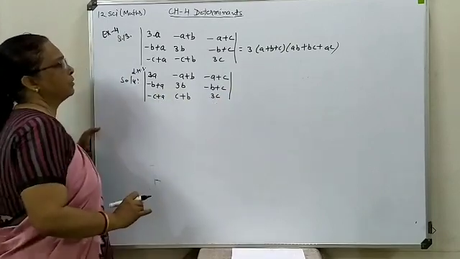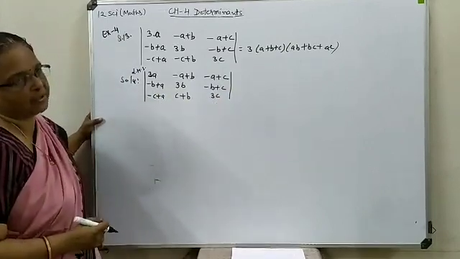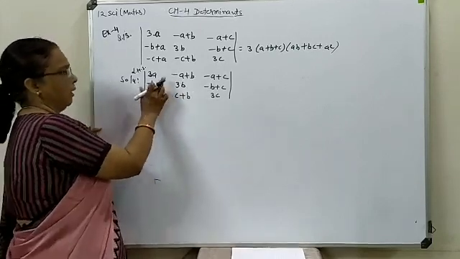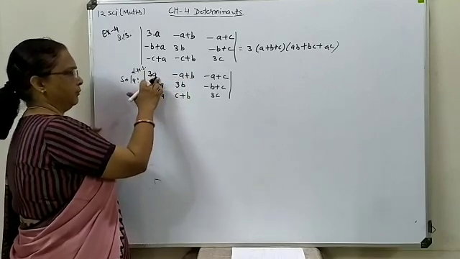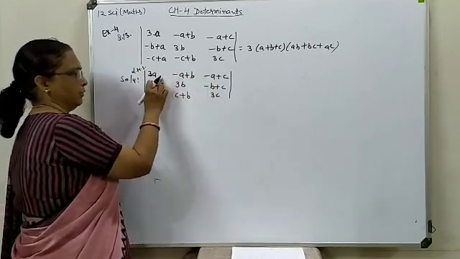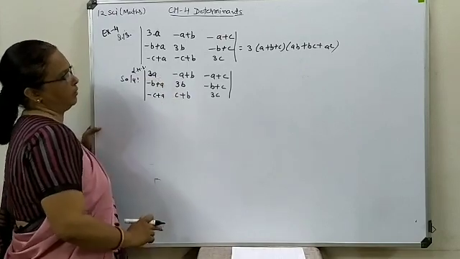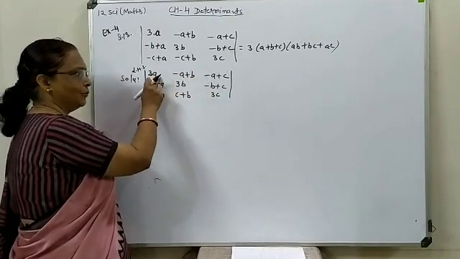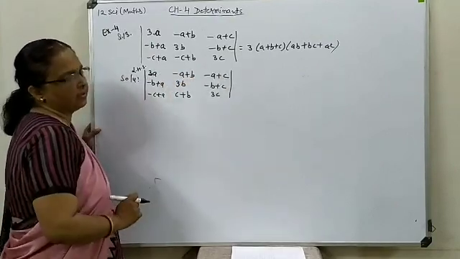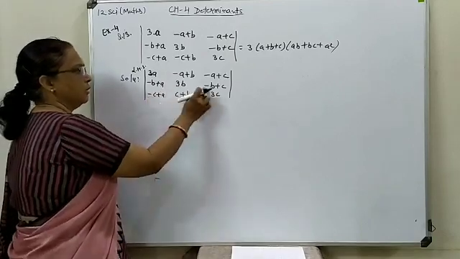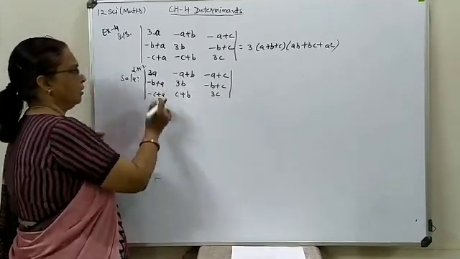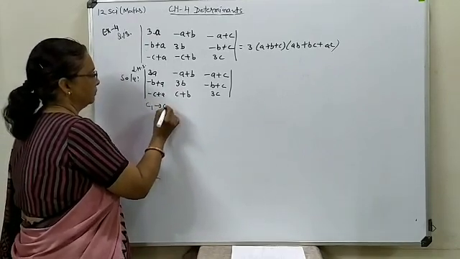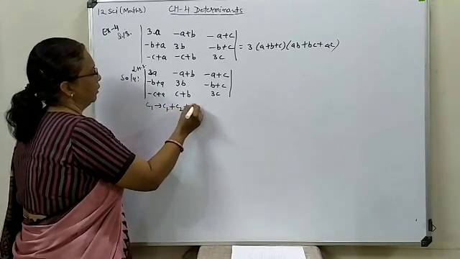Here also we will try to generate any of the factors if possible directly. So here if you look at column wise or even row wise, if the second column you add to the first one and the third column also you add to the first one, you will generate the combination a plus b plus c. This is 3a, so minus a minus a, it will give you a, b and c already available with a single combination. Same here also you will generate. So in order to that, we will make an addition of the second and third column to the first one.